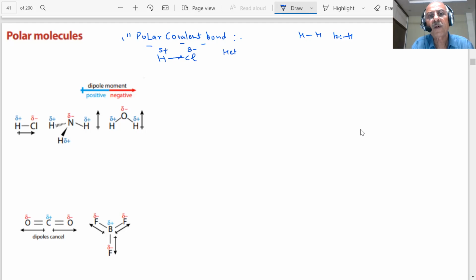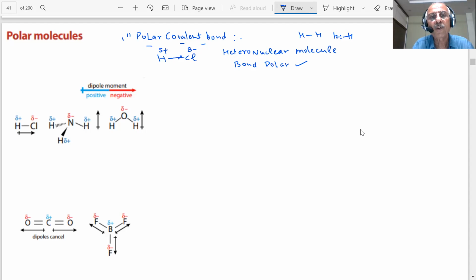This is an example of a heteronuclear molecule. That means, students, the two atoms are different. The electronegativity of Cl is more. This Cl attracts the covalent bond electrons more strongly towards itself than the hydrogen. As you will see, we have shown this by a partial negative charge on chlorine and a partial positive charge on the hydrogen. I will say that this bond is polar, and this is a polar molecule, and there is a separation of charges.